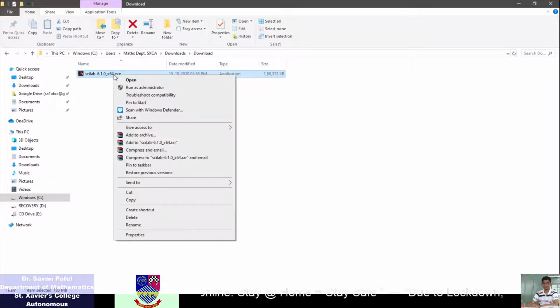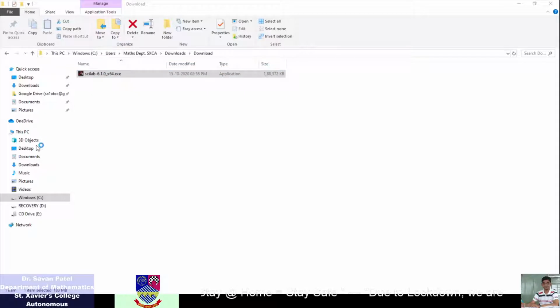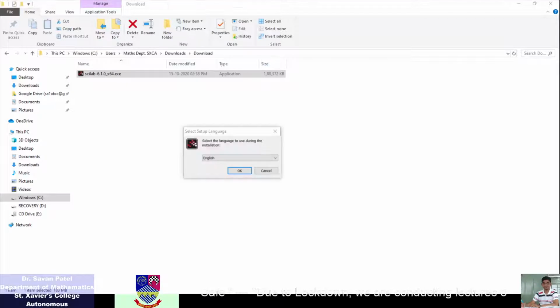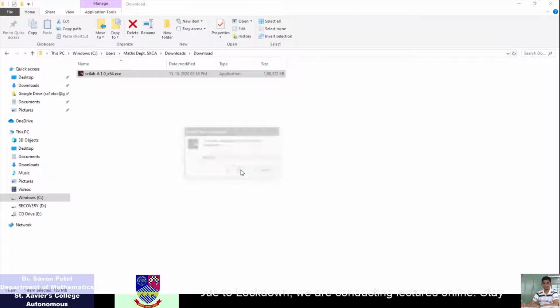Now right-click, and Run as administrator is available here. Click there and it will ask for administrator permissions. On giving permissions, you will see this type of window. Here you have languages to select. I am selecting the default one, English.